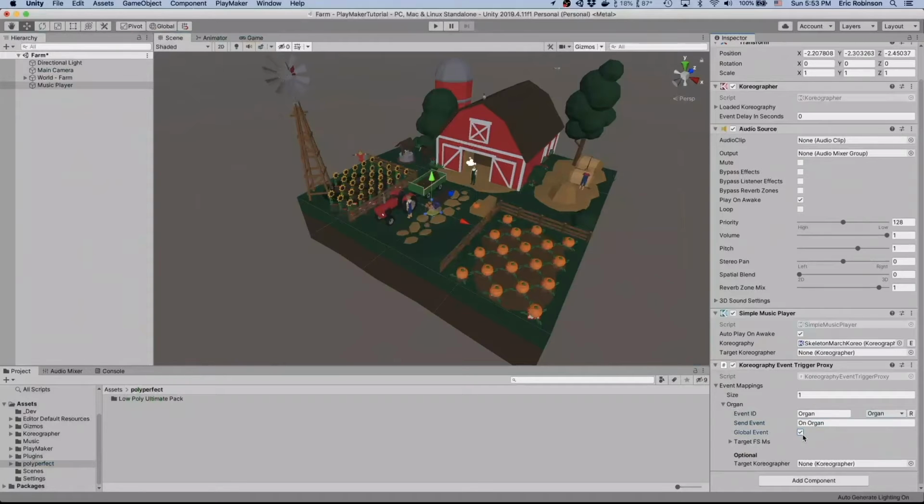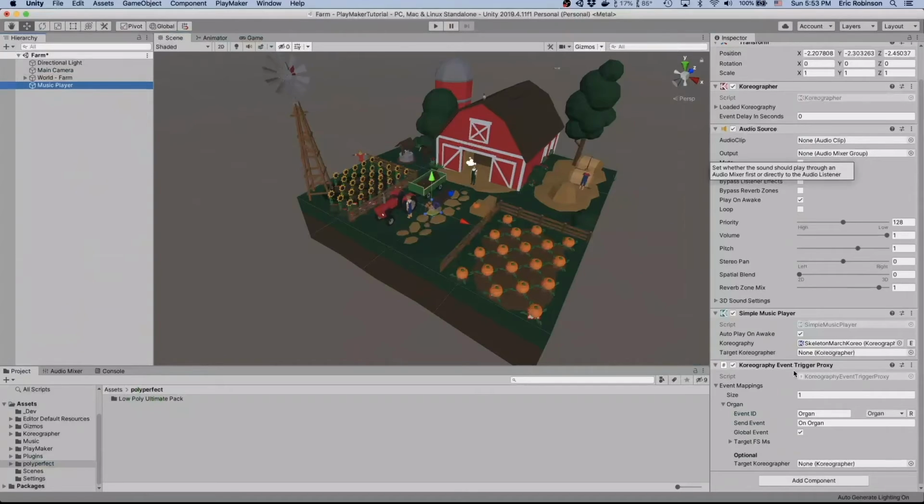And we're going to make this global. You'll see that I have this choreography event trigger proxy on the music player game object. That is a little bit weird because we're not actually handling that on the prefab itself. We're handling it somewhere else, and we're going to tell the overall Playmaker system to do this. Now I could put this component directly onto the